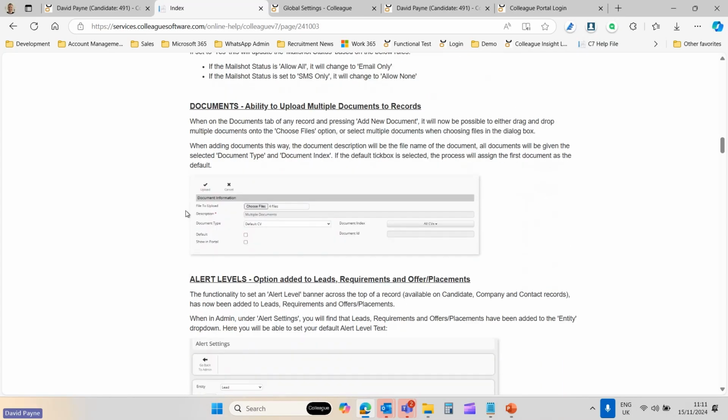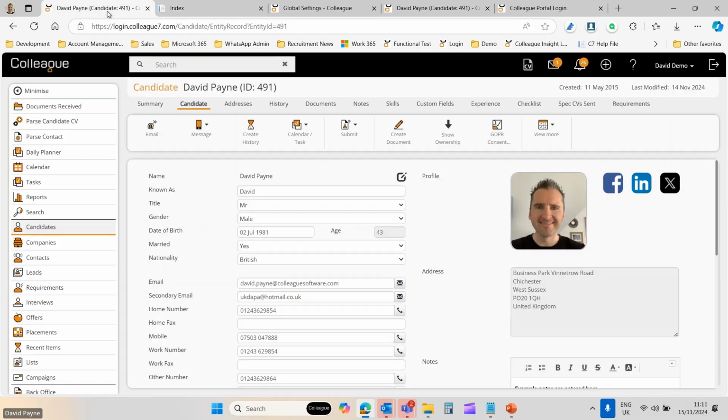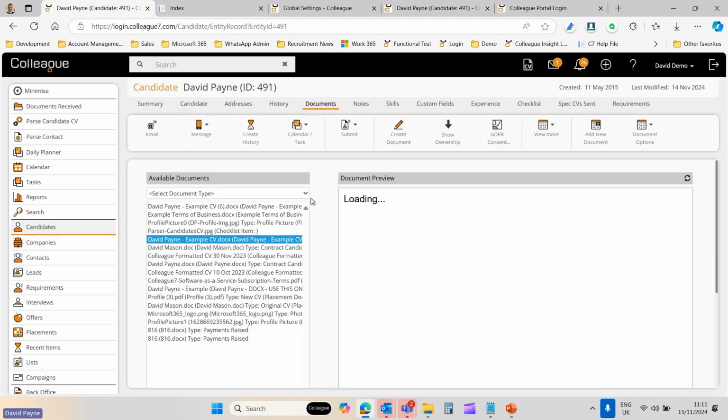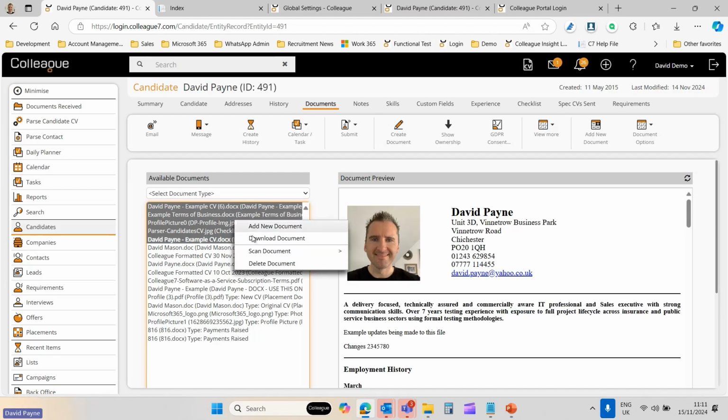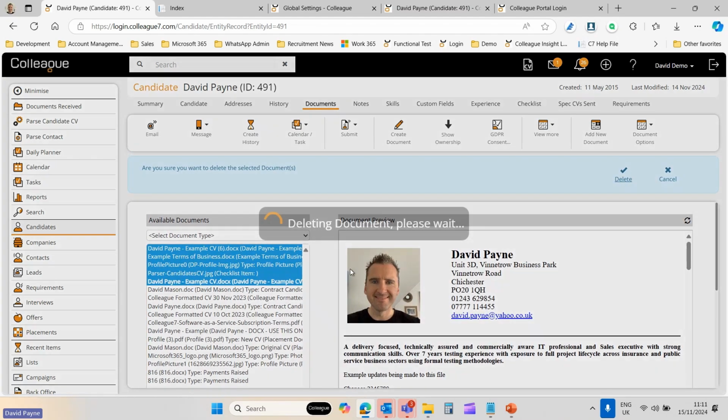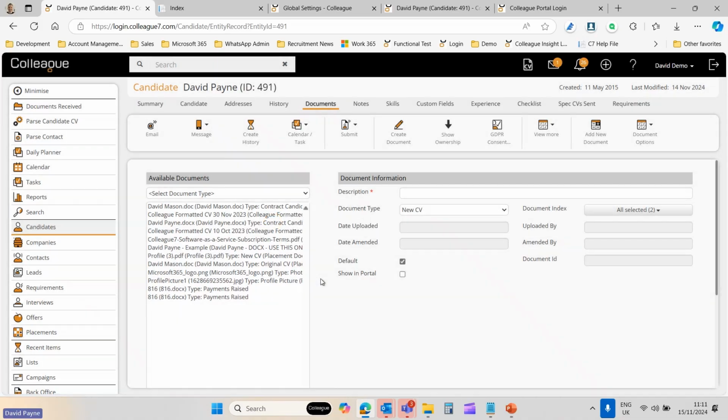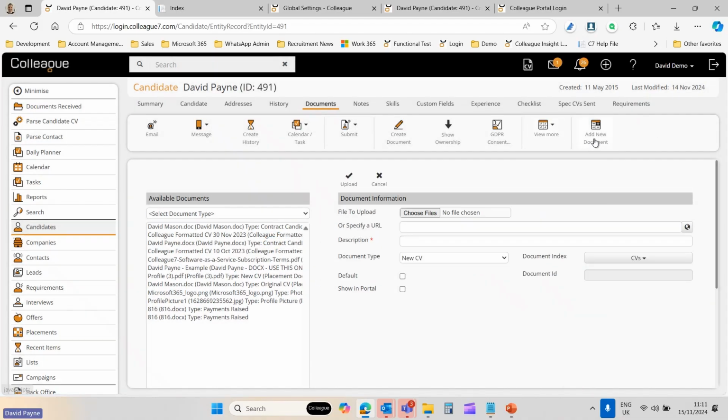The next one along is to do with documents, so the ability to upload multiple documents to a record. Previously, when you went to a record and went to selected documents, I'll delete off some documents because I've got quite a few here. When you previously went to add a document to a record, and this doesn't have to be a candidate, it could be any record on the system,